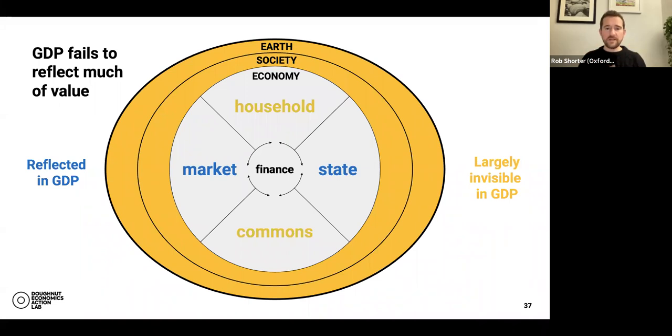But within the economy, we have inherited a market-state binary mentality from the 20th century, which shows up in GDP. And what mainstream economics holds largely invisible is all that's created in the household and all that's created in the commons. So the household being all the unpaid care work, the commons being all of the community stewarding, the value co-creation. And we can look across the different parts of the economy to show how there are different